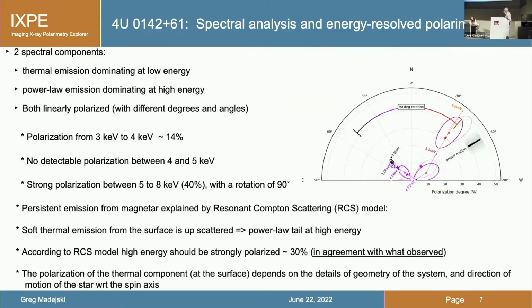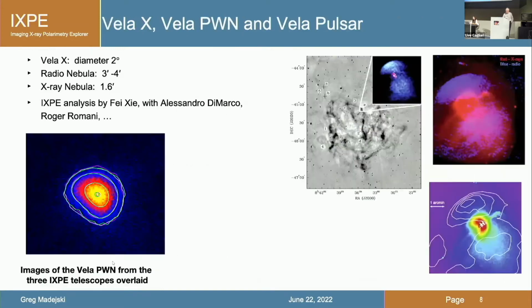So again, it depends on the geometry of the system and the direction of the motion of the star with respect to the spin axis. So again, I probably am not the right person to elaborate more extensively on the details of this. A bit more so, where I'm a bit more familiar is the stuff that has been recently published,